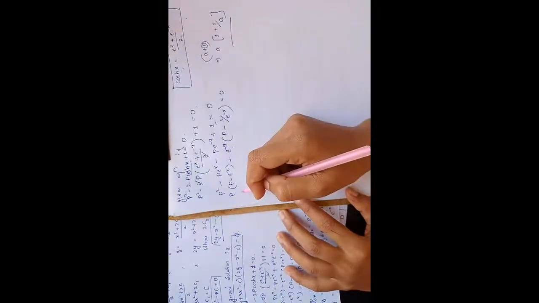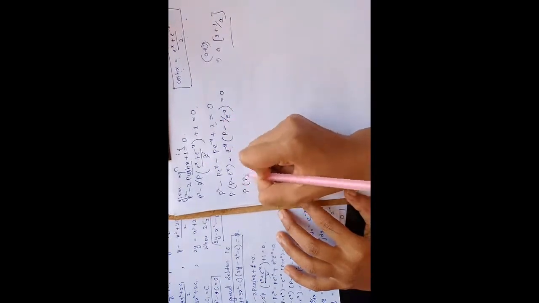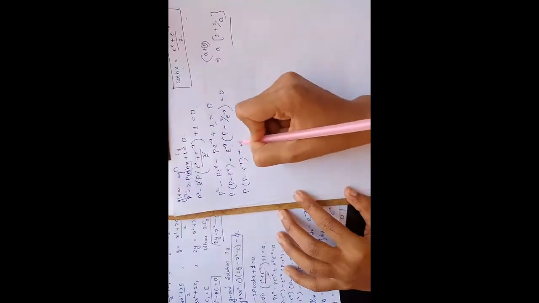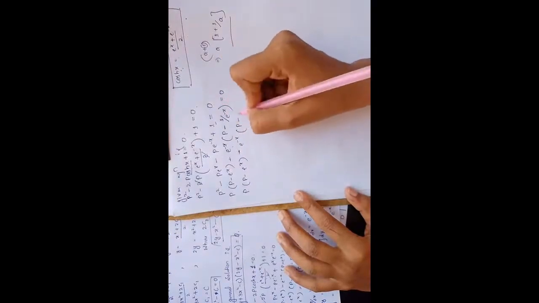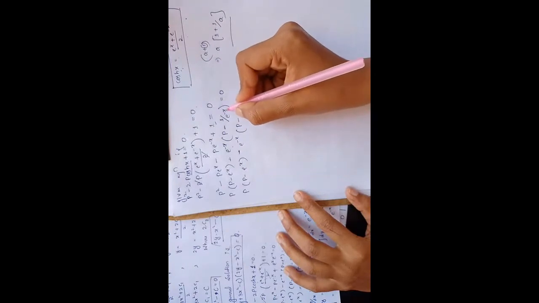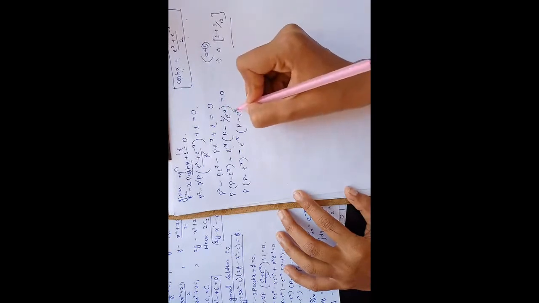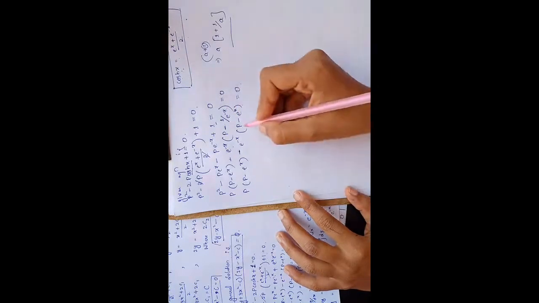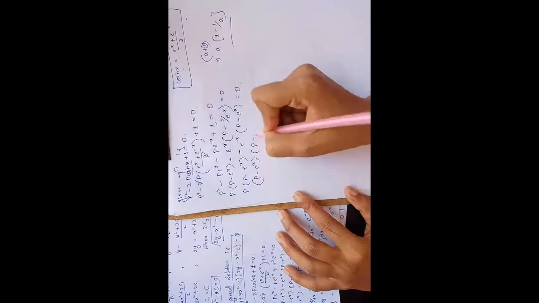So see here, now p into p minus e power x, minus e power minus x, p minus, take e power minus x in the numerator. So it will become e power positive x. E power minus x is there, so if it goes to the numerator side, it becomes positive e power x, equals 0. So now you can write the product of two terms, that is p minus e power x and p minus e power minus x equals 0.